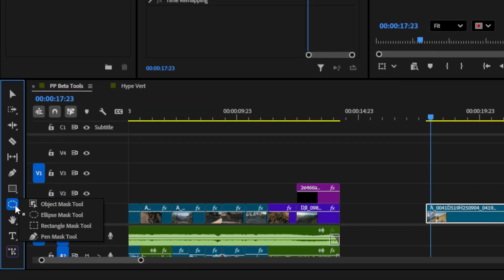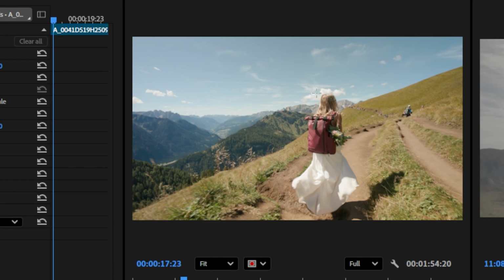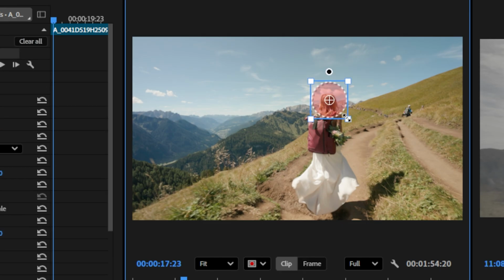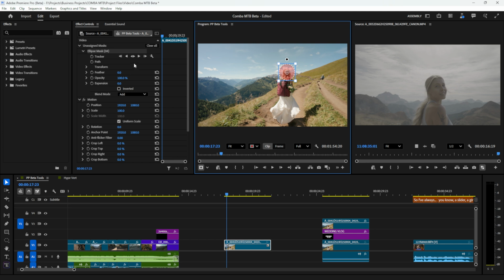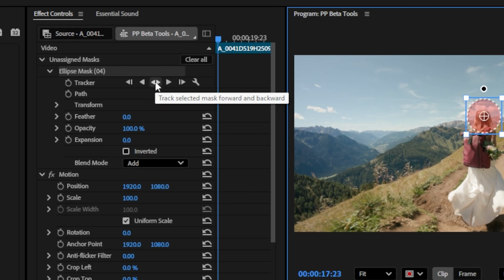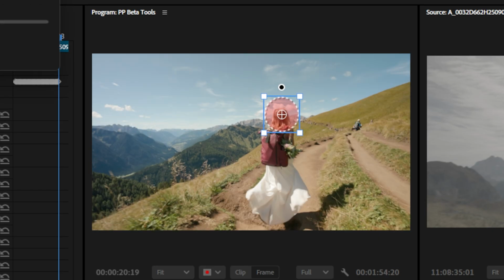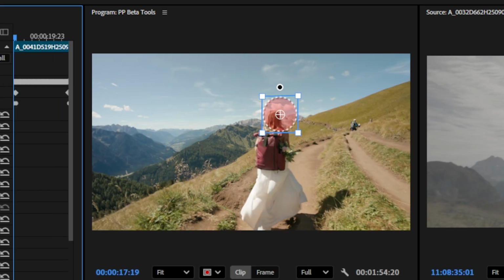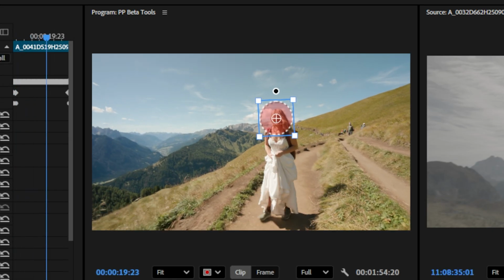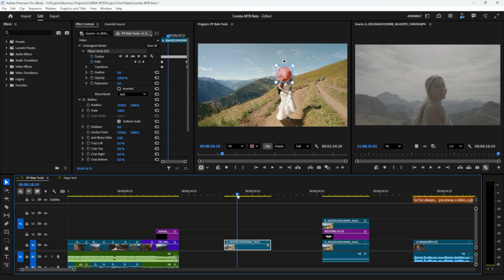Number 1, you can use the ellipse or the rectangle mask tool down here to select a specific subject. So let's say I wanted to track her head here. I can go ahead up here and select track forward and backward, or you could just do track forward, up to you. And once it's done tracking, it will have a mask created that follows her head. Now, the bigger you make it, the more wide the mask can be. So if you want to be precise, be more precise,